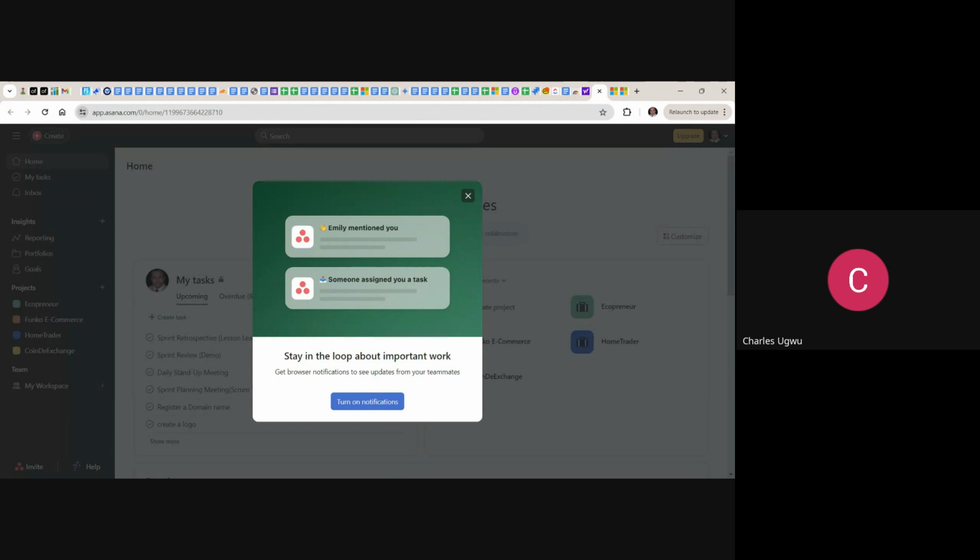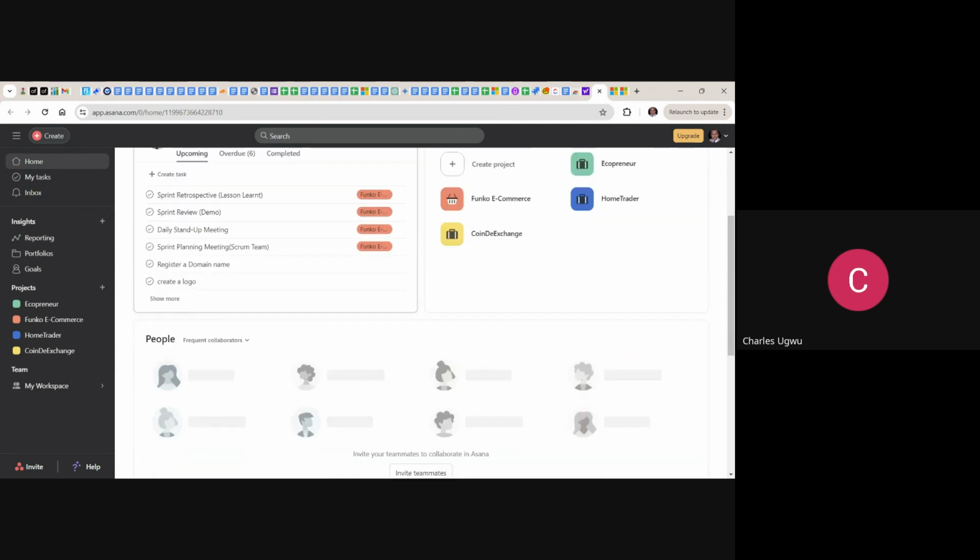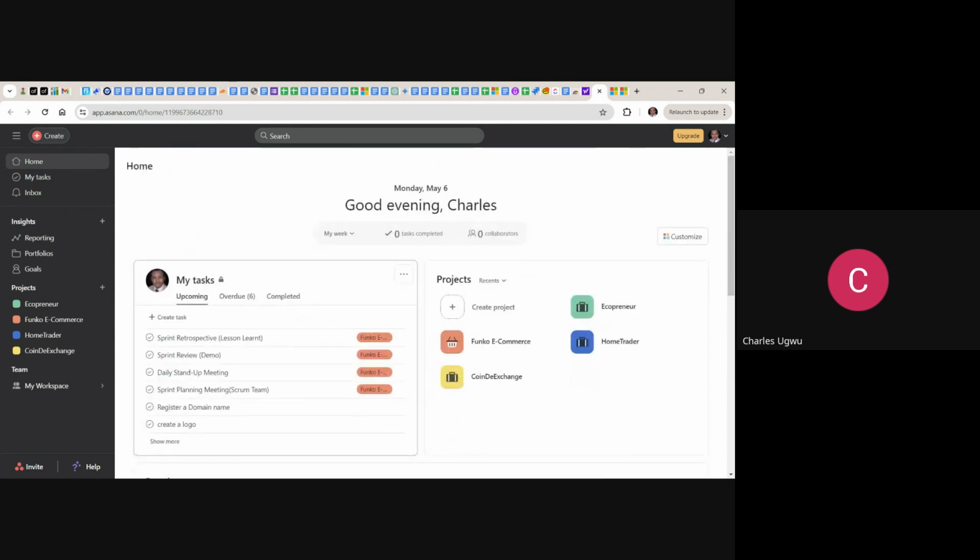I wanted to quickly browse my account. I have an account in all this project management. I've not used it for a long time. So yeah, this is not what I want. I just wanted us to see, but let me sign off from my account here and see if we